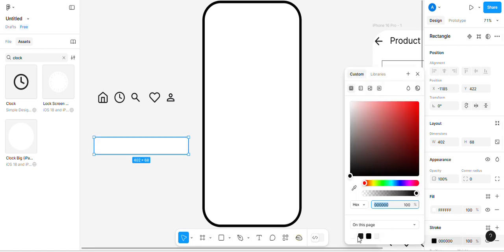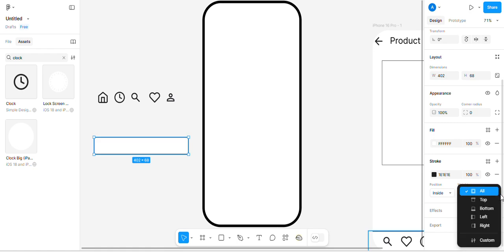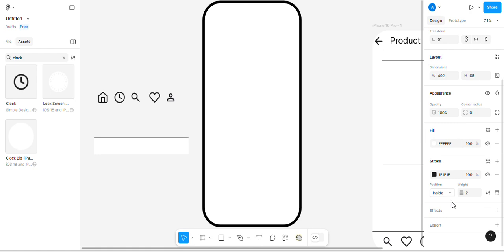And I'll add a stroke and make it black, but on the stroke I want it to be 2 in terms of thickness, and I'm just changing here so it can be only on the top because I want there to be a line on the top. And then I want the bottom to align with the bottom of the phone here,